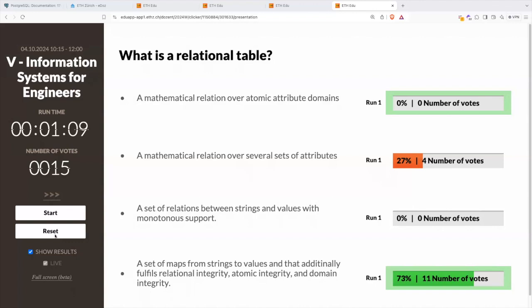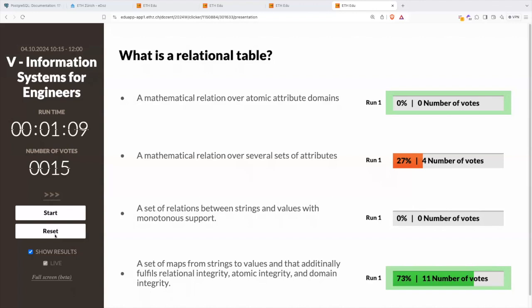And the other one is a mathematical relation over atomic attribute domains. And this is indeed the textbook definition and the reason why this is called a relational table or relational database. A mathematical relation over several sets of attributes, that's made up, right? So if you would have a relation between sets of attributes, the only thing you would be relating to each other are the attributes themselves, but there's no values in there. So this is why this definition